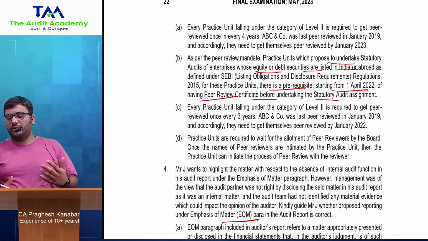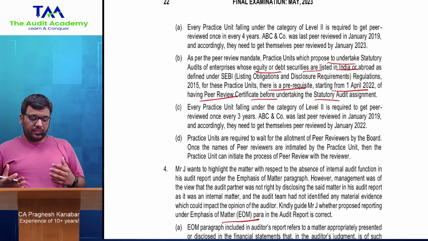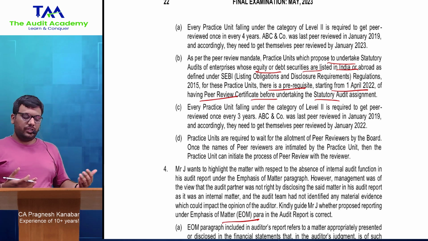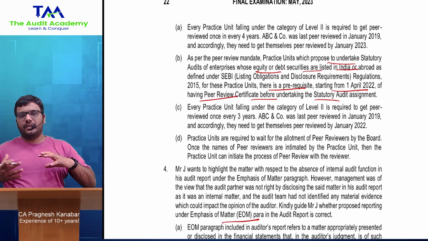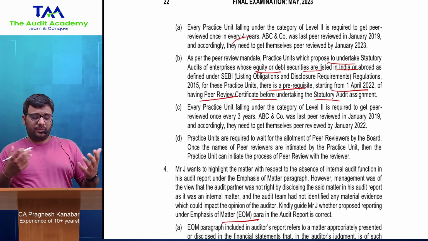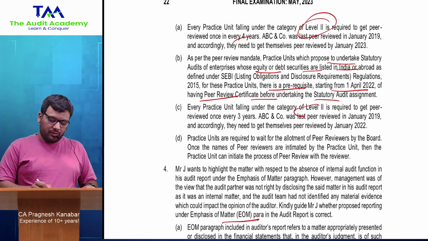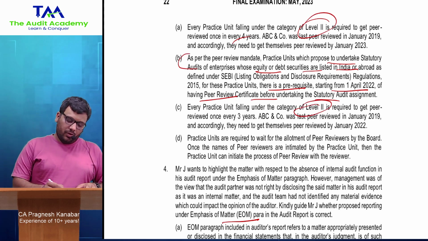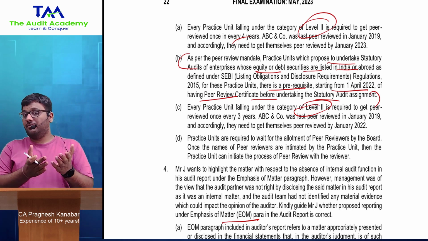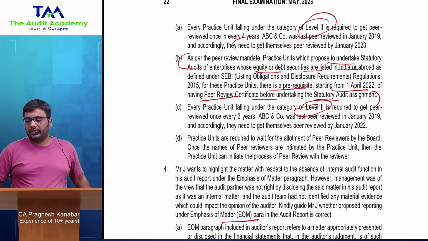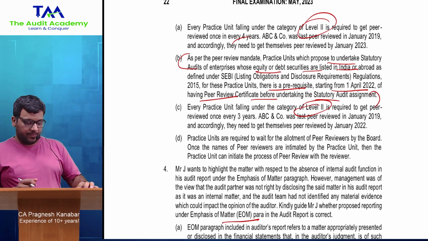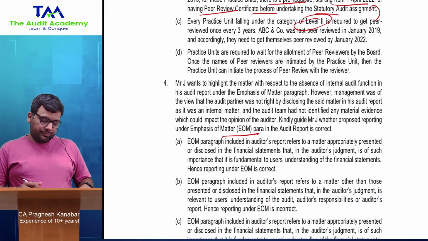I'm straight away coming to those points which are relevant for your discussion. Obviously, when you're solving, it will not be this fast. You may take 1 or 2 minutes more, but then you can apply your common sense that in peer review there's once every 4 years and this and that, all of those requirements are gone, level 1, level 2. So the moment you look at these, the other options are not correct. Obviously you will come down to this option very quickly if you're aware about the peer review mandate. But I'm very happy that they have questioned from the amendment in the RTP itself. That shows a little bit of proactive attitude from the ICAI. That's good.